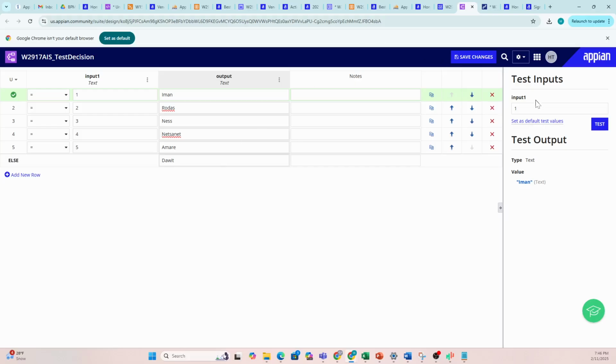For example, I have 1, 2, 3, 4, 5, but if I pass 10, it's fine. Let me pass 2. If I pass 2, it validates the first one. One is not true, but for 2 it picks the matching output. Same way, if I pass 4,